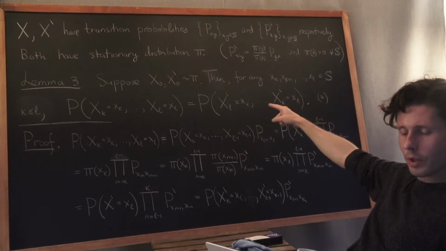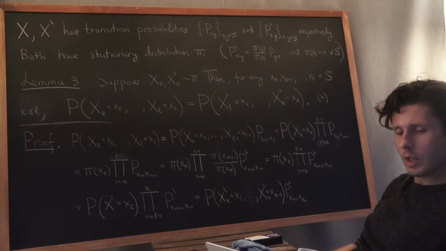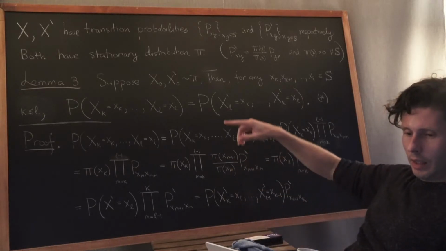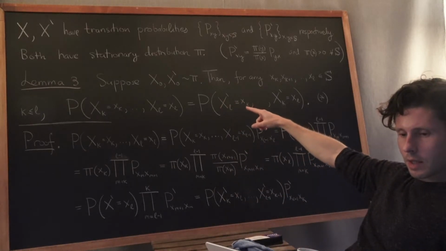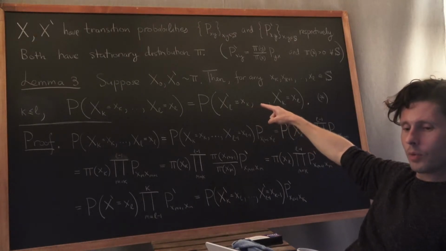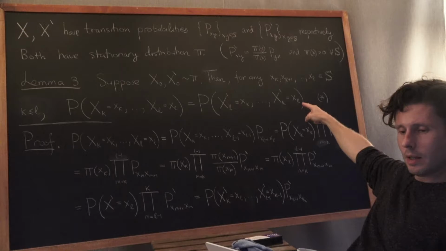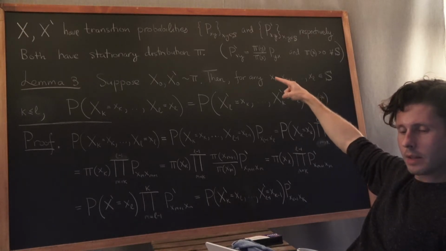This one should be a little bit more confusing, but let's dig into it slowly. First of all, this is concerning the chain x prime, not x. And you'll notice that the sequence of states is exactly the same. The first one I wrote here is xk. The next one, in this dot dot dot, would be xk plus 1, then all the way up to little xl. So the path is exactly the same, but